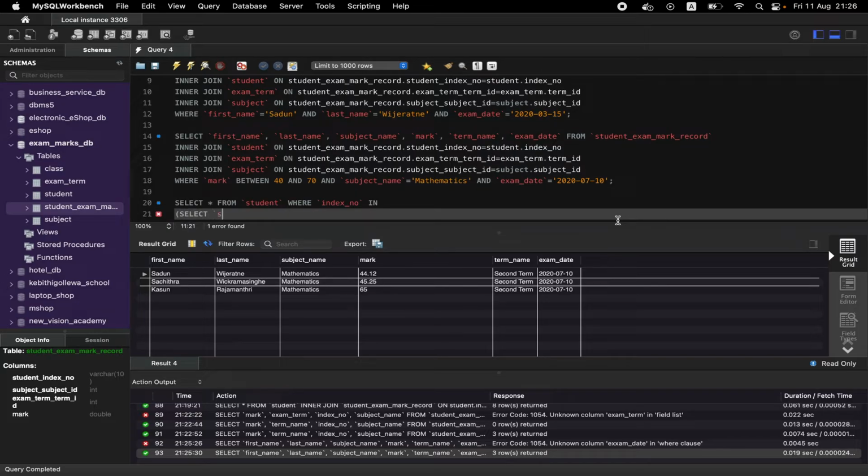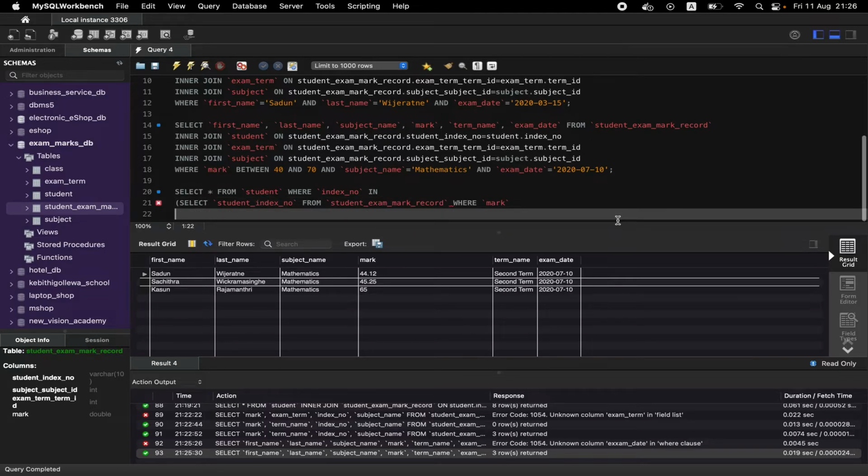So select student index number from student exam mark record table, where mark and another subquery to get the maximum, get the highest marks. So select max mark from student exam mark record